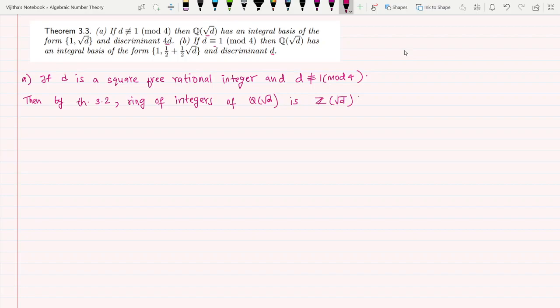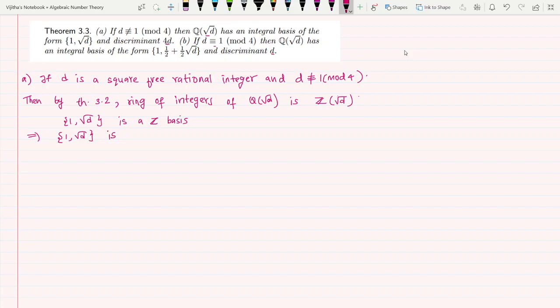So we know that 1, root D forms a Z basis. So this implies that since it forms a Z basis, 1, root D is an integral basis